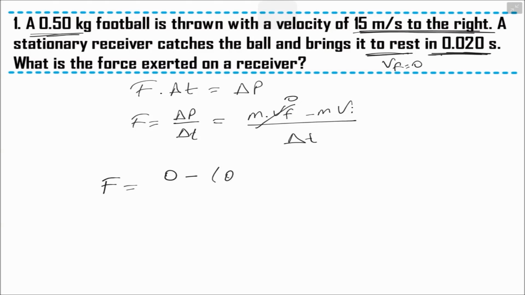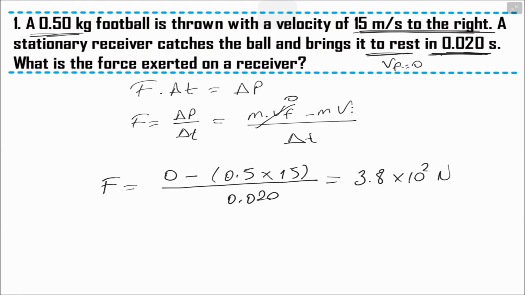Mass of the object is 0.5 times velocity of the object 15 to the right, so it is positive. It will be 15 over time, which is given, 0.020. So this result will be 3.8 times 10 to the 2 Newton, but the result will be negative because this formula